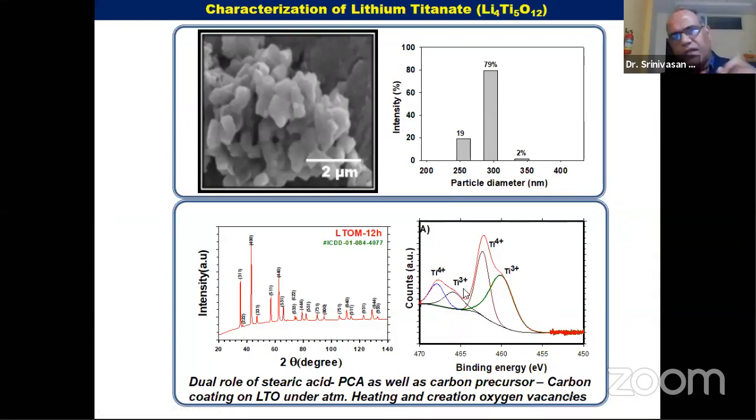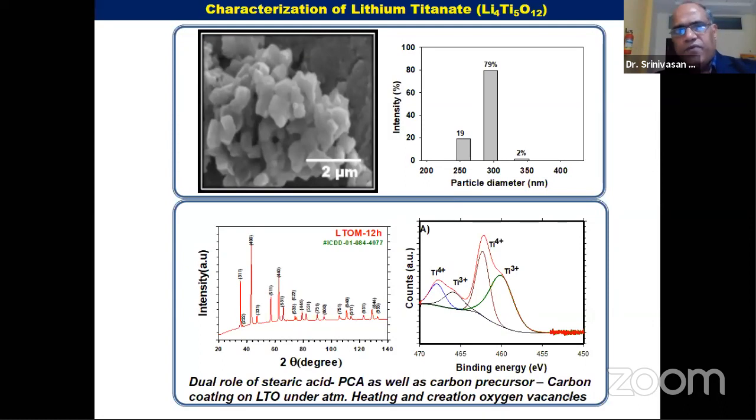The scientists or professors who work in the milling area know that in order to avoid stacking of material during milling, we usually use a process control agent. What we have done is, after milling, that process control agent is converted into carbon material under atmospheric heating, so that finally we end up with carbon coated LTO. The highlight is that the stearic acid has a dual role. One is process control agent, and the other is creating a carbon coating on